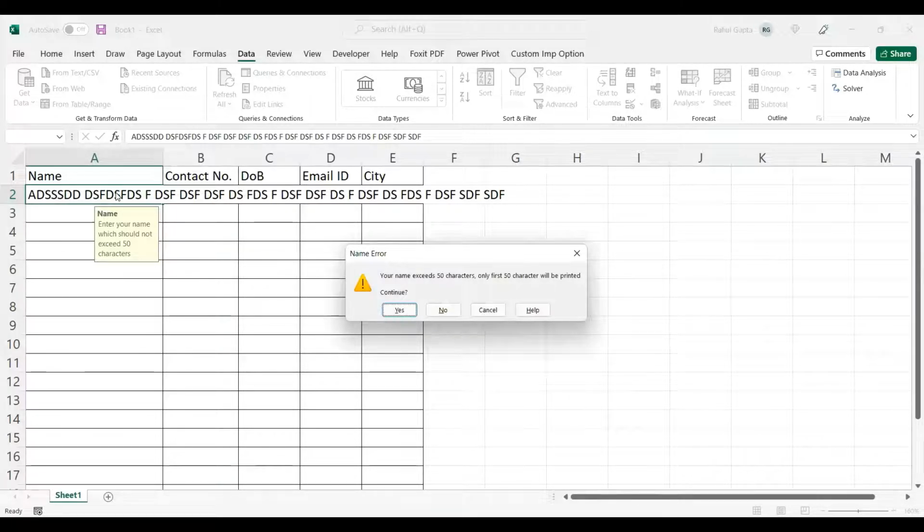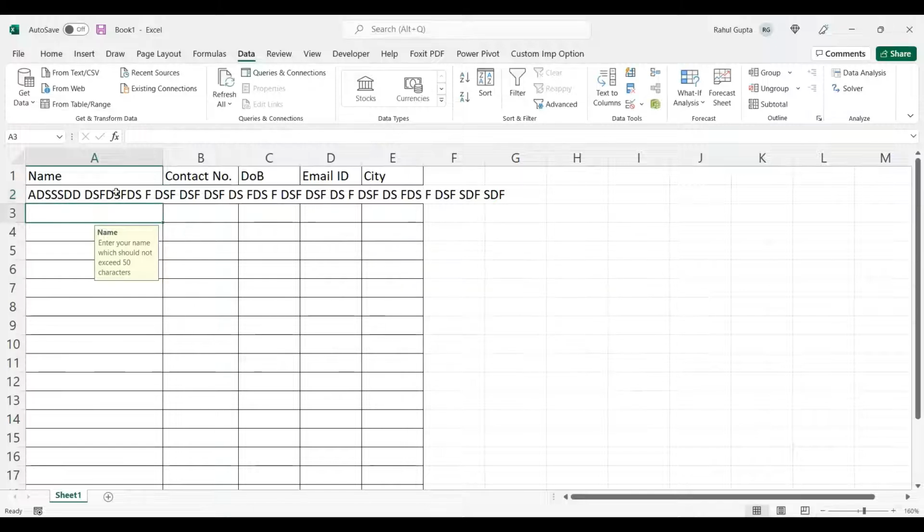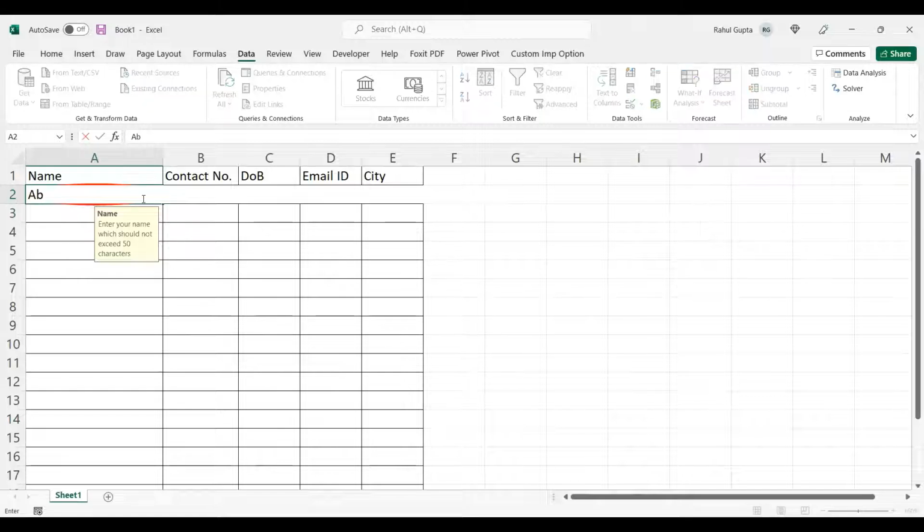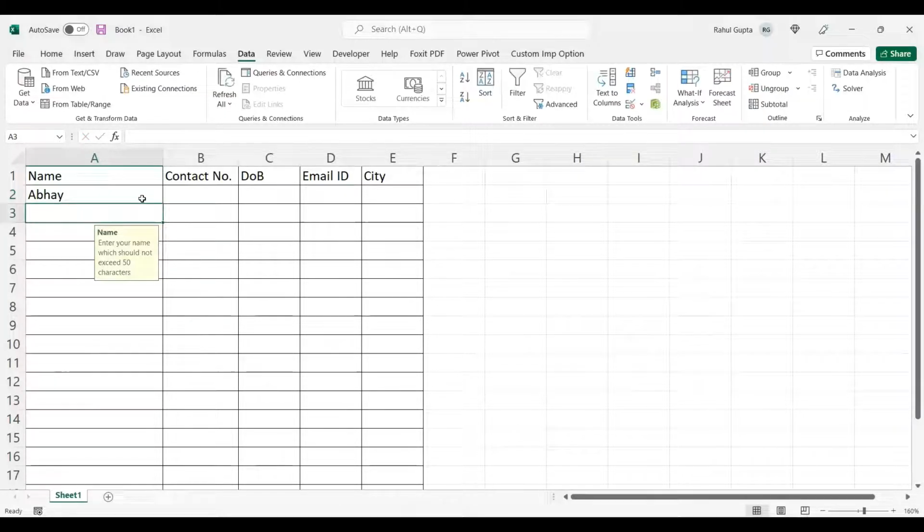Yes or no? I'll say continue, yes. Now if I click on Data Validation again, we have circle invalid data, so this data will be circled because it's invalid. If I type Abhay again, the circle has been removed. This is how I can validate the number of characters in a name.